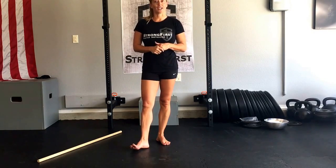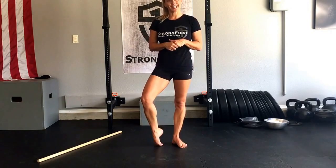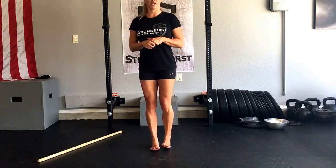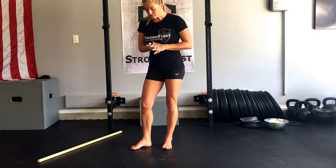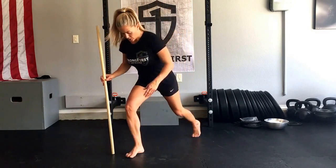So first, we're talking ankles. One of the easiest ways to work your ankle mobility is to do toe walks and heel walks. I've talked about these in another video, and you just really get your feet in all different angles, moving and walking. That's one way. The next way is you can utilize a dowel rod, and you want to work on